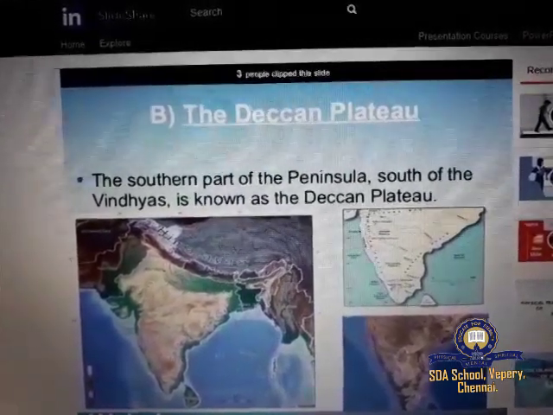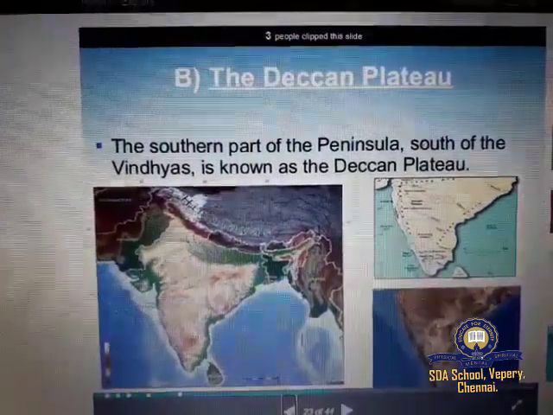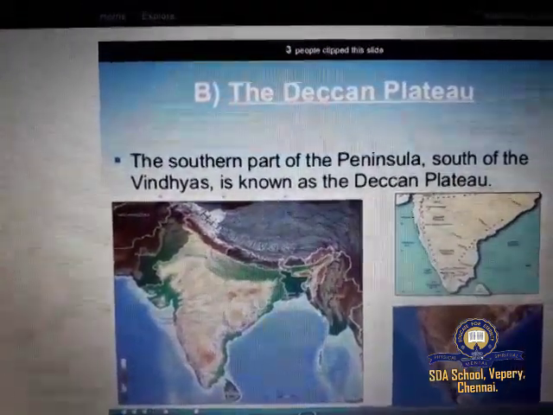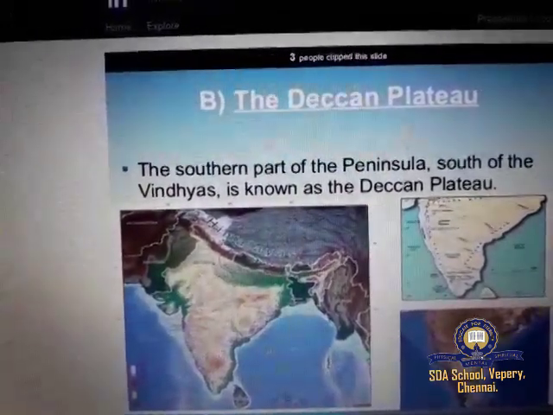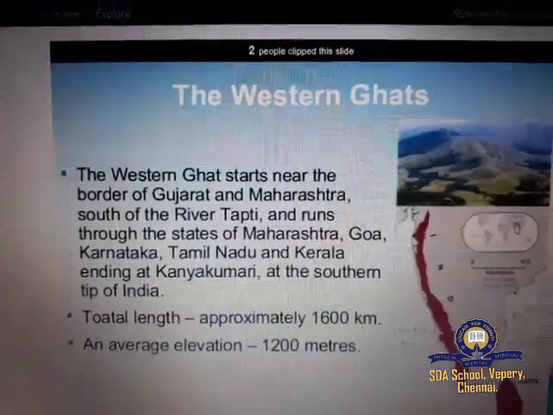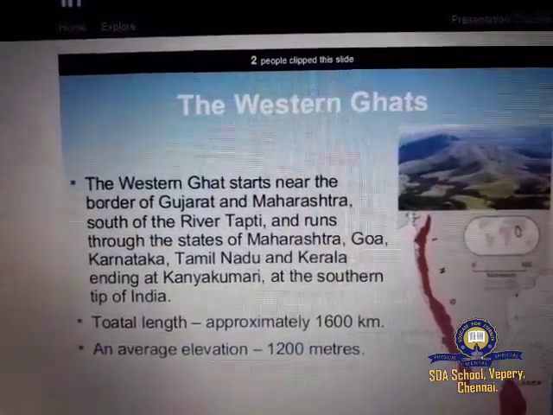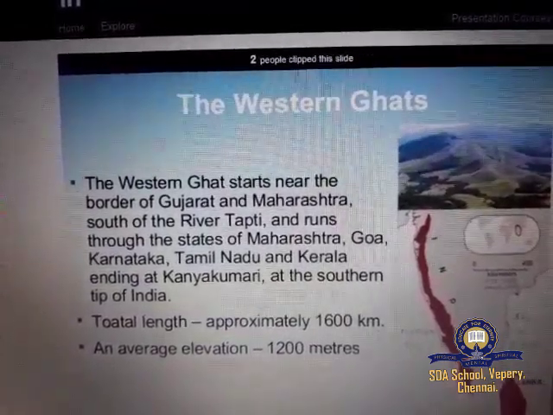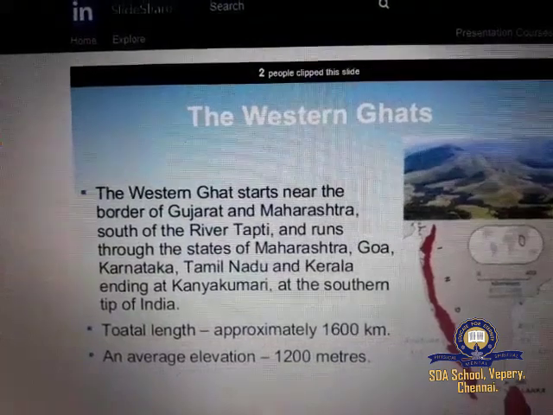The area of this plateau is about 7 lakh square kilometers and the height ranges from 500 to 1000 meters above the sea level. The Western Ghats form the western edge of the Peninsula Plateau. It runs parallel to the Arabian Sea coast.